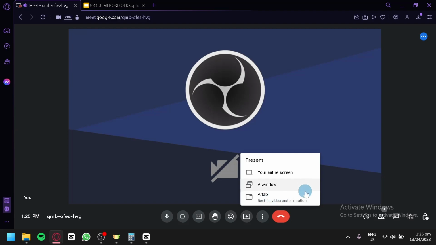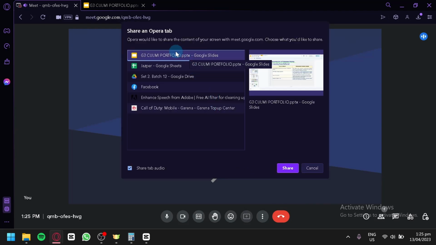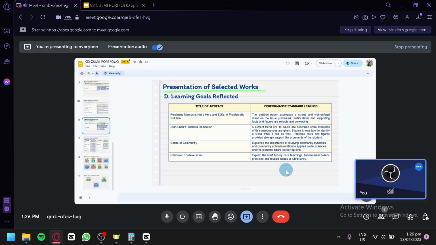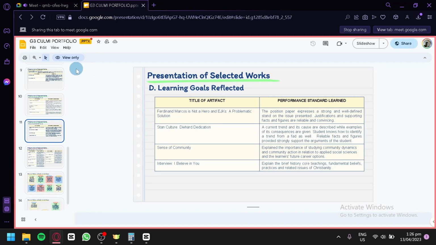We're going to choose the tab because this is best for a video, and is similar to a video when we navigate through them. So we're going to click on this option, and you're simply going to click on the tab for your PowerPoint, and we're going to click on share. And as you can see here, we're currently watching this specific tab, and the next thing we're going to do